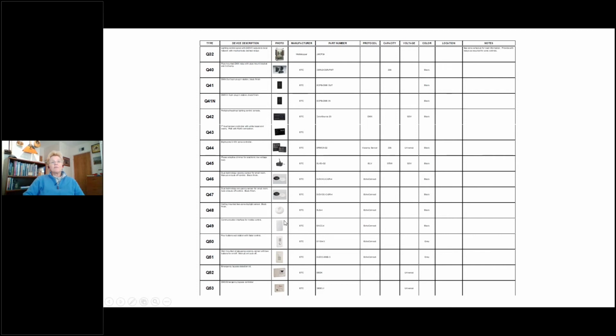So each one of these devices, whether it's an occupancy sensor or a push button station or a touch screen, all of these devices have a way to identify them, and they tie back to the riser diagram.